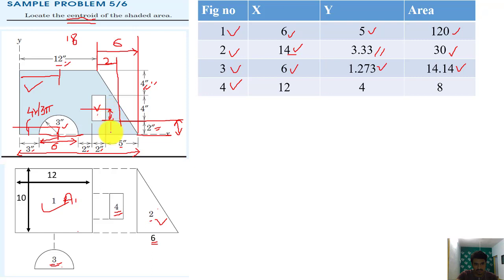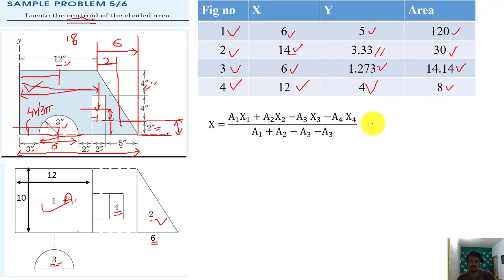From here to here is 2 plus this 2, so y is 4 here. And x will be 2 divided by 1, x will be centered from here. From here to here that will be 1 plus 2 is 3, 3 plus 6 is 9, 9 plus 3 is 12, okay, so that will be 12, and the area is base into height.